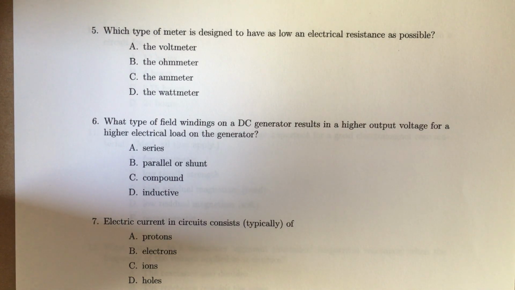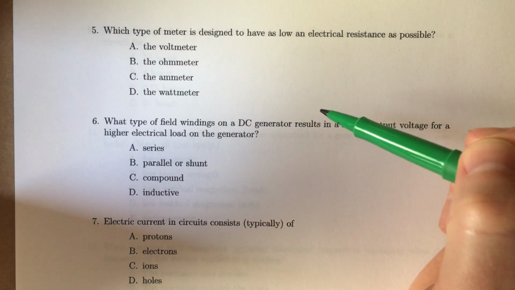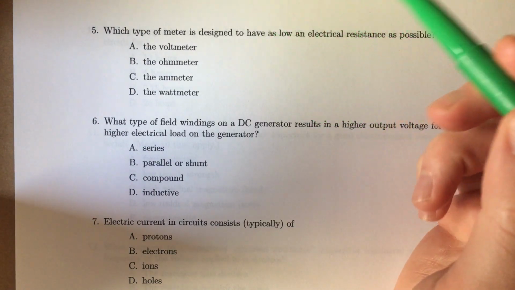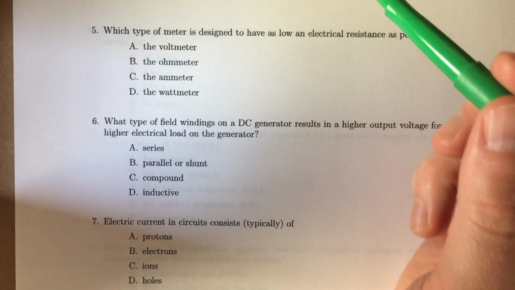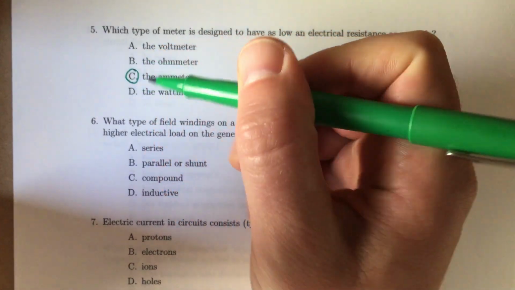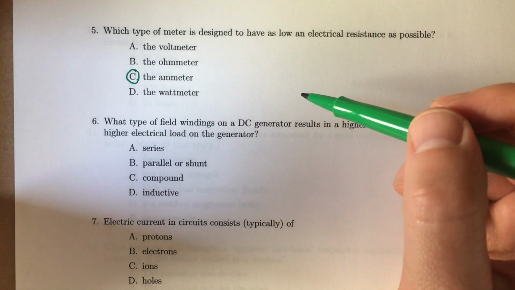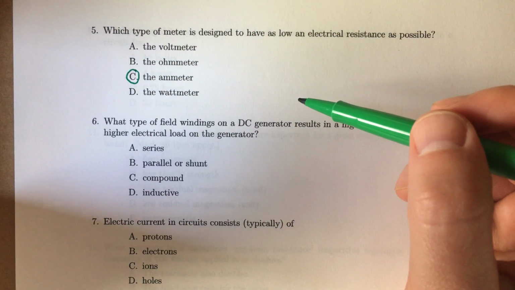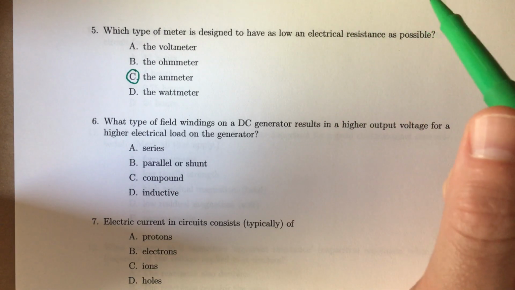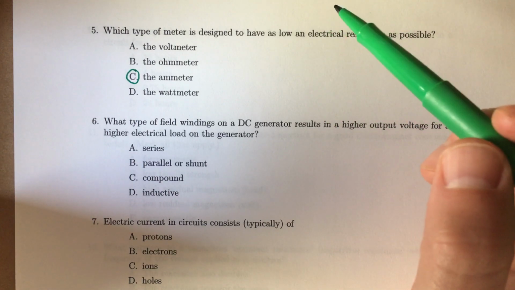Okay, so here we are ready for the multiple choice questions and short answer. And number 5, this is a question we've seen before in some form. What type of meter is designed to have as low an electrical resistance as possible? That is the ammeter. The reason being that the ammeter is always put in series with the thing that you want to know the current through. And if you had a big resistance, then you would be changing the current because you'd be putting more resistance